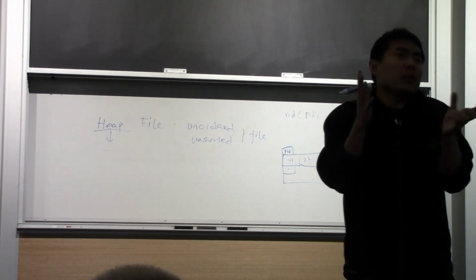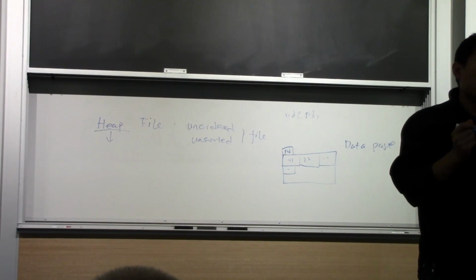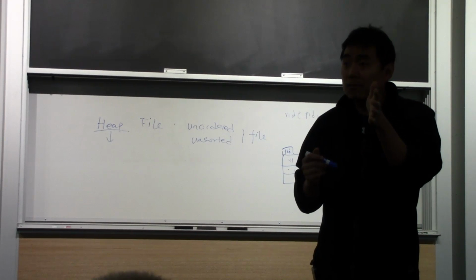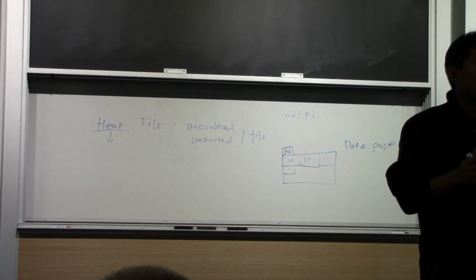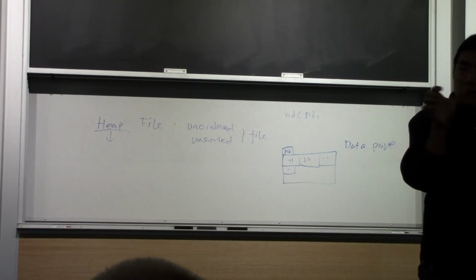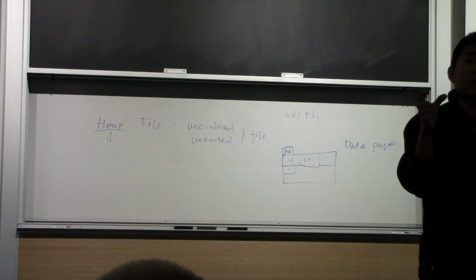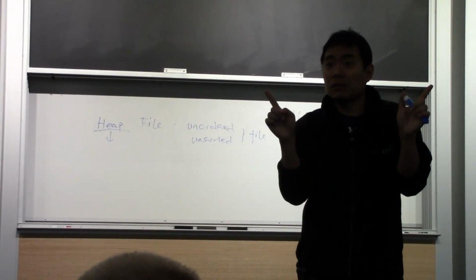Of course, you can argue, maybe I don't need that, because once I know which page holds this record, I can fetch the page and linear scan to find the record. Of course, you can do that. But that basically means every time you try to find the record, you need to pay at least the cost of scanning 4 kilobytes of data. Suppose page size is 4 kilobytes. Does it make sense? Yes or no?